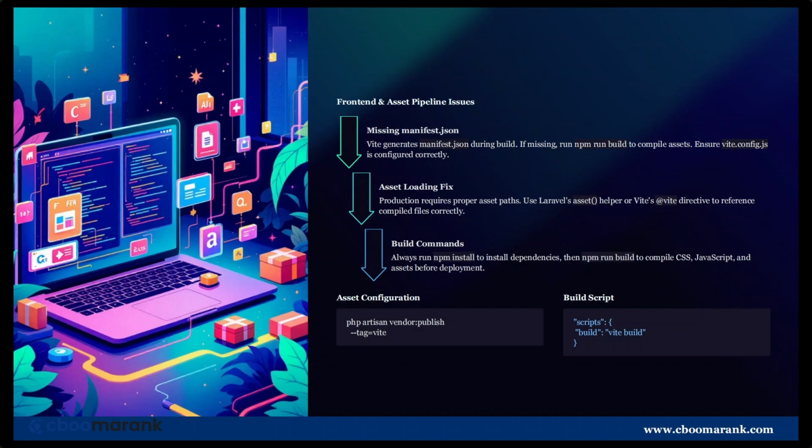Our next issue is front-end and asset pipeline. So now let's talk about front-end. In development, assets load automatically, but in production, they must be built. So if assets are missing, your UI breaks. So before deployment, we compile everything: CSS, JavaScript, and other assets. This ensures your application looks correct